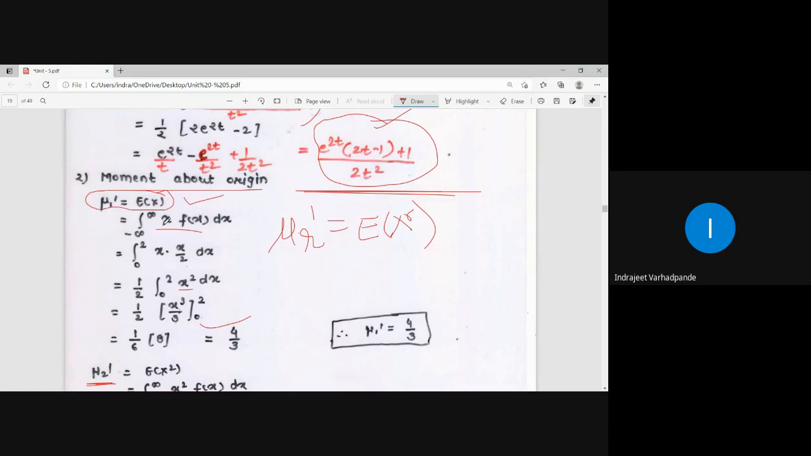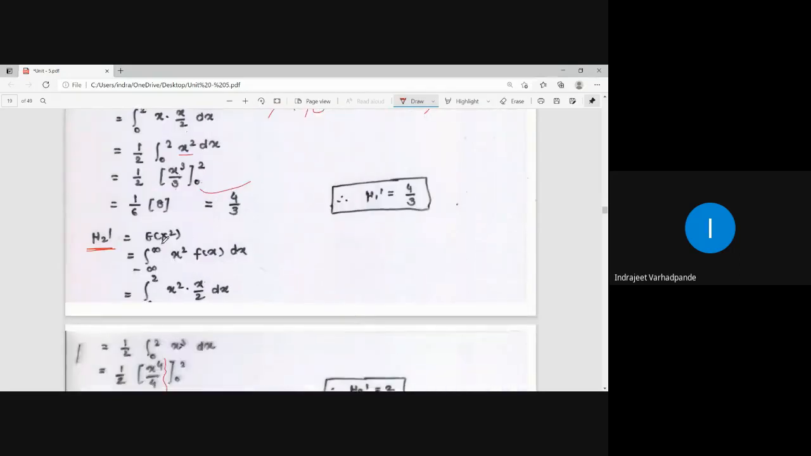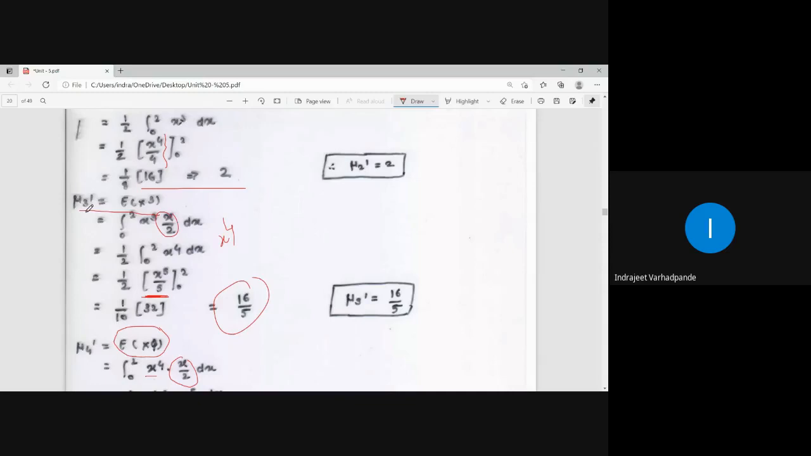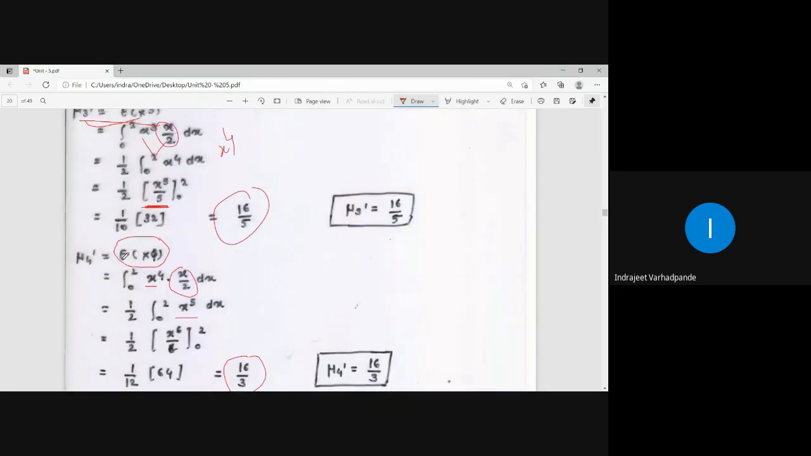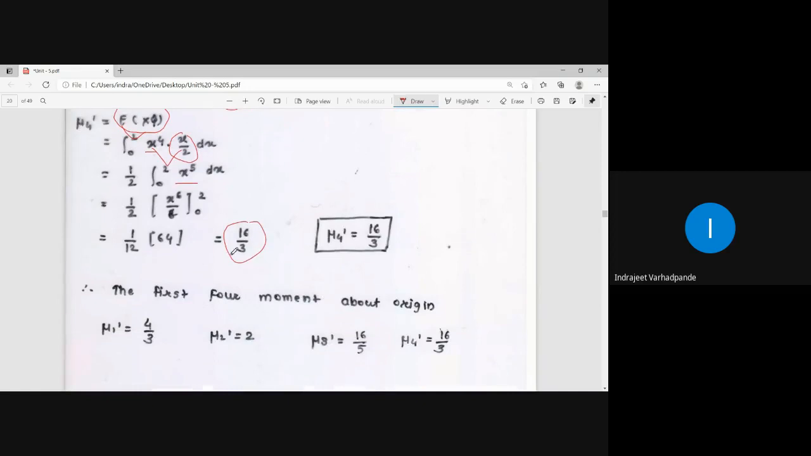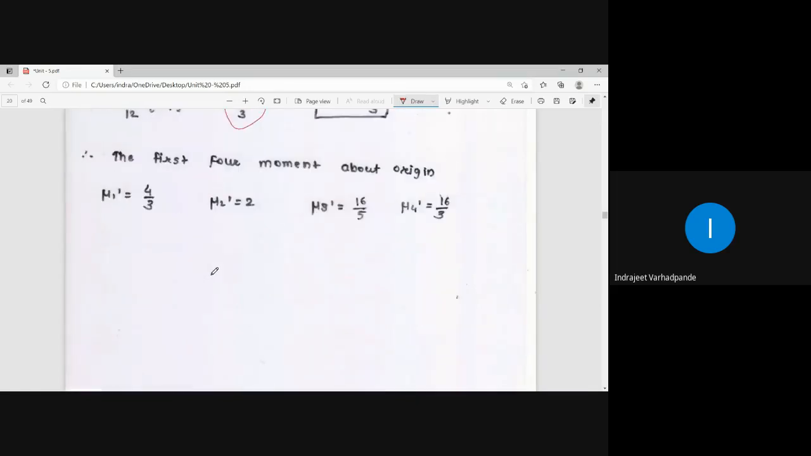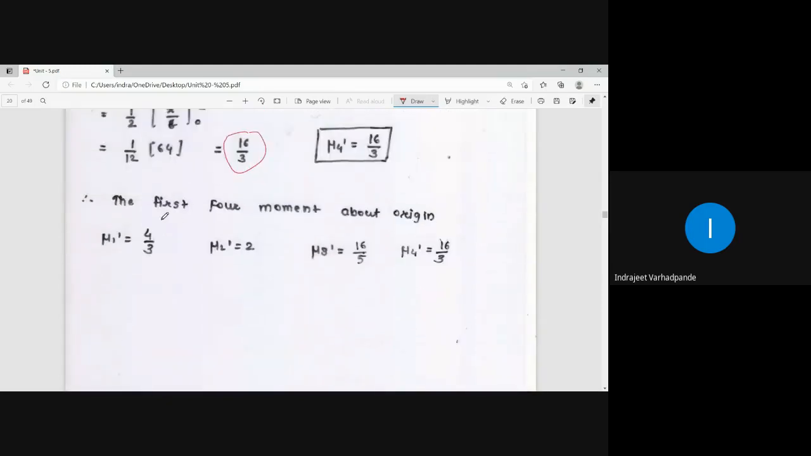Expectation of x means x into f of x. Mu2 dash will be expectation of x square, means x square into f of x. Mu3 dash will be expectation of x cube, means x cube into f of x. Mu4 dash means expectation of x to the power 4, means x to the power 4 into the function. And that is how we try to calculate the first four moments about origin. So in this case, we get the answer as first four moments about origin: mu1 dash, mu2 dash, mu3 dash